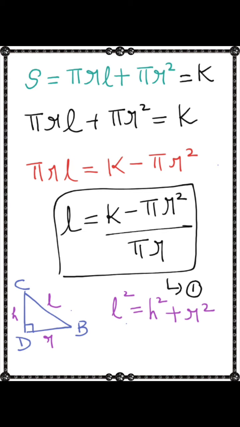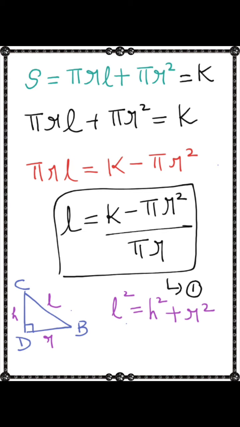That's up to you, but whatever you choose, stick to the names you have taken and the plus and minus signs carefully throughout. That is the important thing. In this question, we are going to express slant height and height of the cone with respect to r. As the surface area is given, we equate to k, and the formula is pi r l plus pi r square. First of all, take this pi r square to the right side, that will become minus pi r square. The product pi r will be in the division. So l is equal to (k minus pi r square) by pi r.